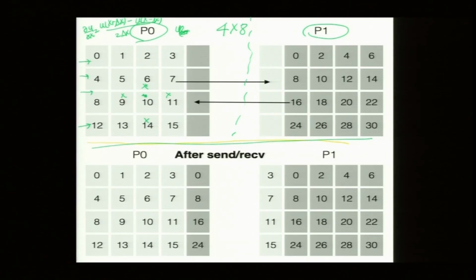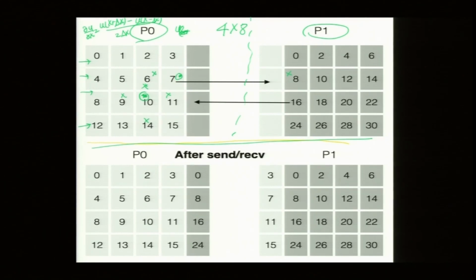The derivative at this location can be performed by processor 0, no problem. But if I want to compute the derivative here, then there is a problem with the x derivative. I need a value on the left and on the right, but the right is not available in this processor. The right value is available in processor P1. So, I actually need only a single column of P1, and need to transfer it.